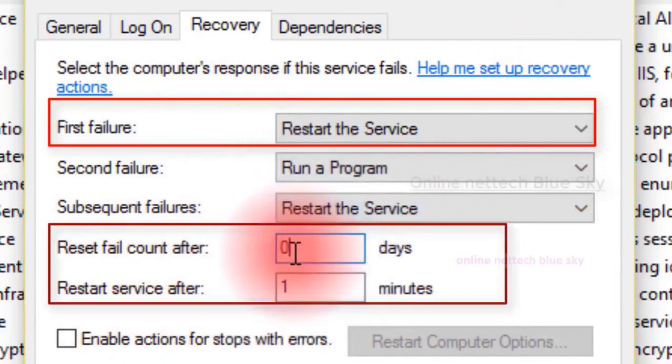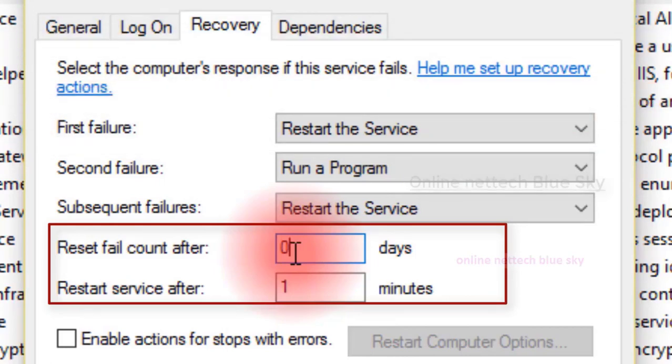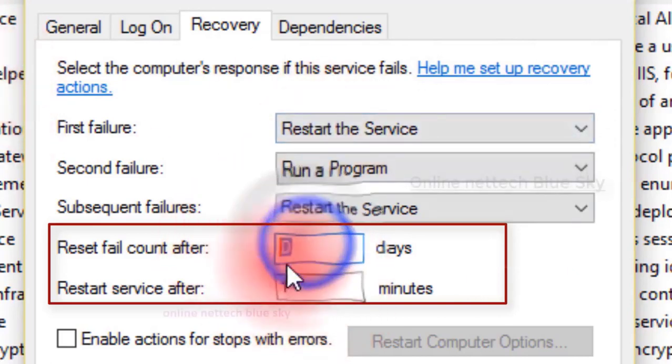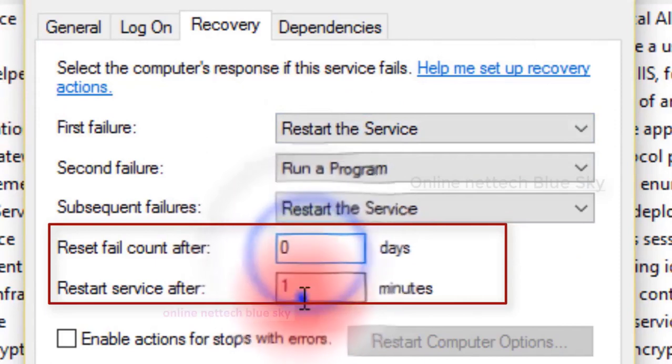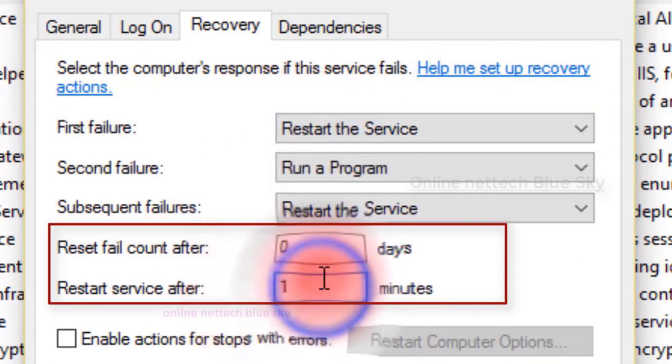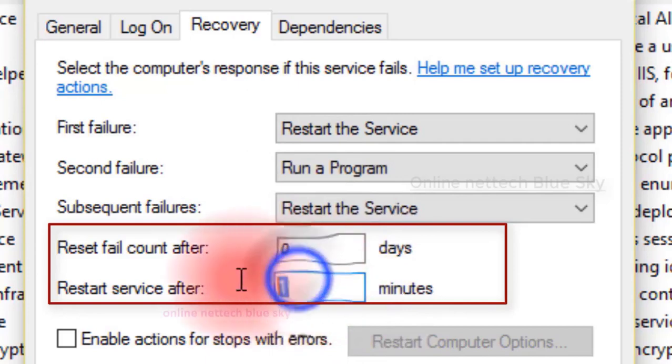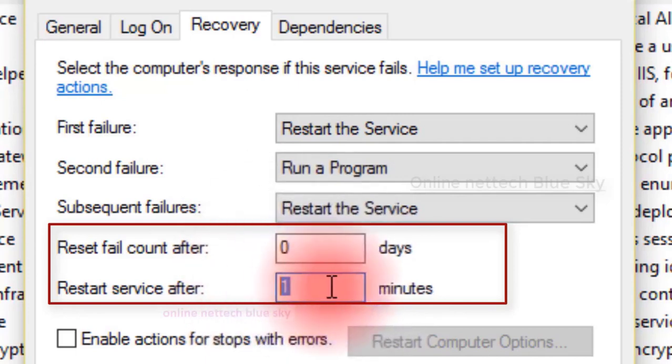And you can reset the fail count after 1 day, 2 days. You can reset the fail counting, and the information is taken in your event viewer. I've already created a video on the event viewer topic, you can go to my playlist. And what is the event viewer? Sometimes your services fail, and how many times the service fails is counted here. And the service restarts after this 1 minute. And you can see, you can add 5 minutes, 55, here. Okay, so different types of services are available, and you are counting after you restart your services here.